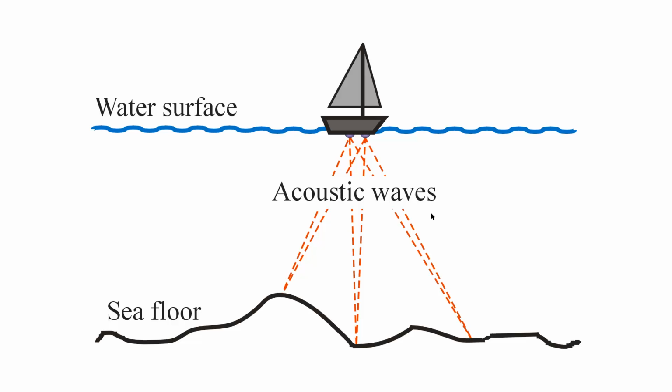In the very worst scenario, you might get a false bottom created by stratified layers having so much density difference that they obscure the actual echoes from the real bottom. But in most cases, you can get a map of the bottom and you can monitor as your boat sails